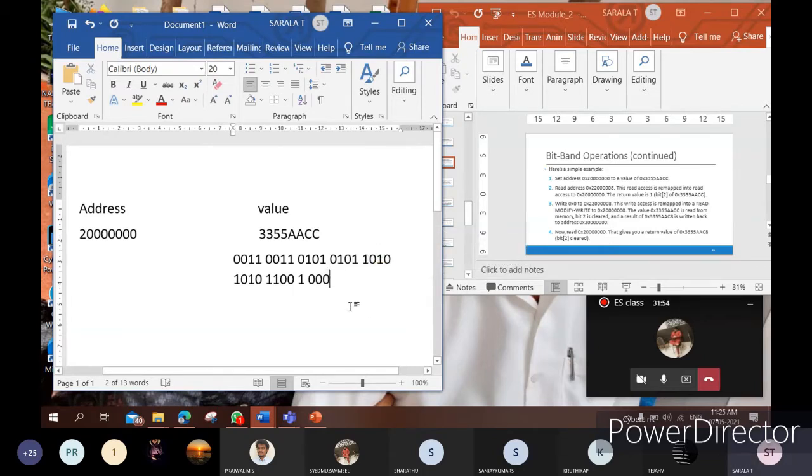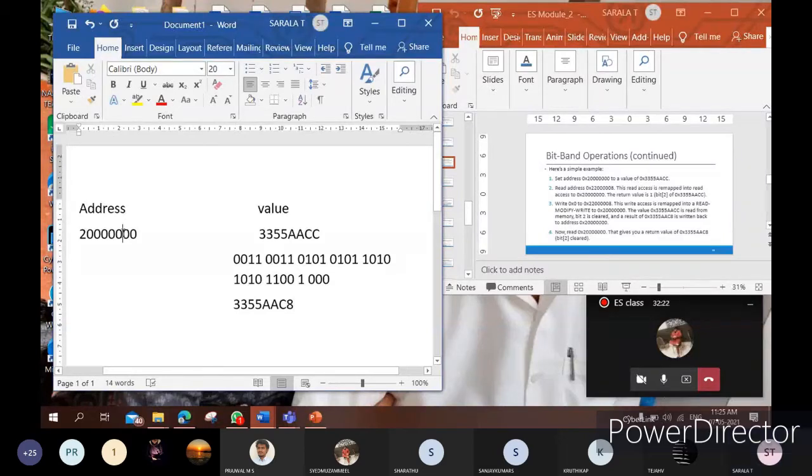The above values are the same, 3355. The A value is the same, the last C is also the same, another last C has changed. Now what we have is 1000. What is the value for this? 8. This will be your new value which is present in this address.